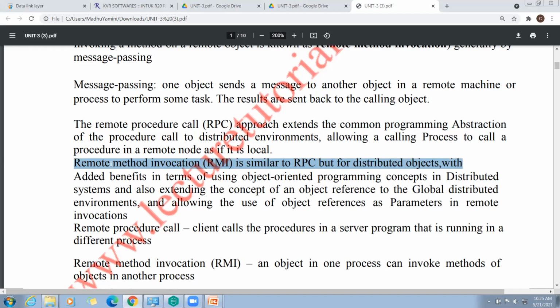The main difference between RPC and RMI is the use of object-oriented concepts in distributed systems, and also extending the concept of object reference to the global distributed environment.